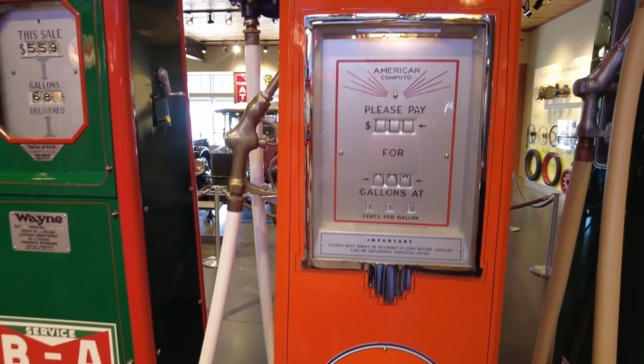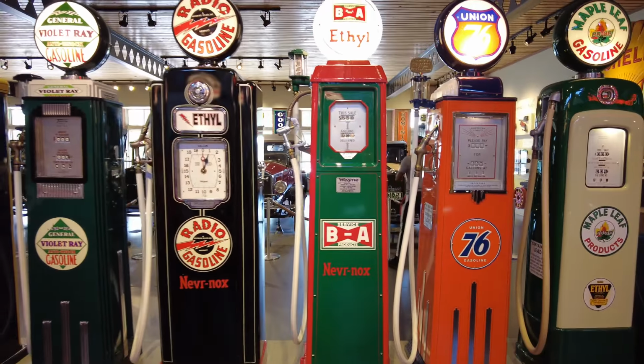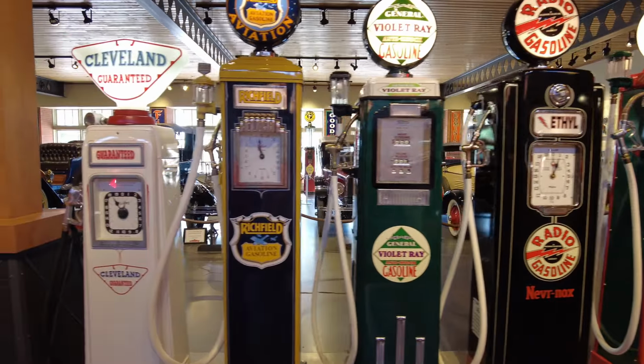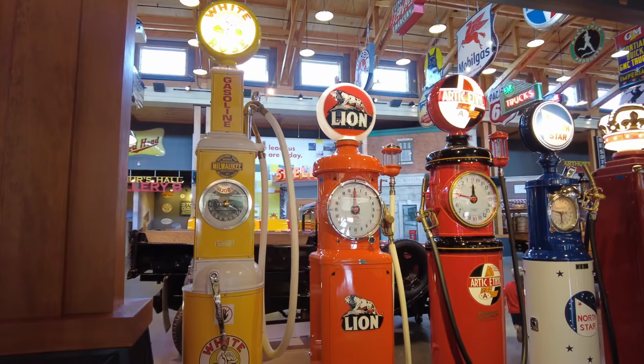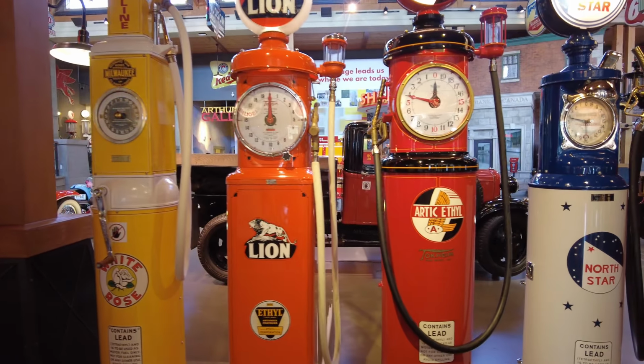By 1930, clock face pumps were made by almost every pump company. They were faster, safer, and more accurate than visible pumps, and featured a dial showing the amount of gas dispensed. A bell rang with each gallon to let customers and watchful owners know how much they were pumping. That's really cool. The arrival of the computer pump in 1934, invented by the Wayne Pump Company, revolutionized the service